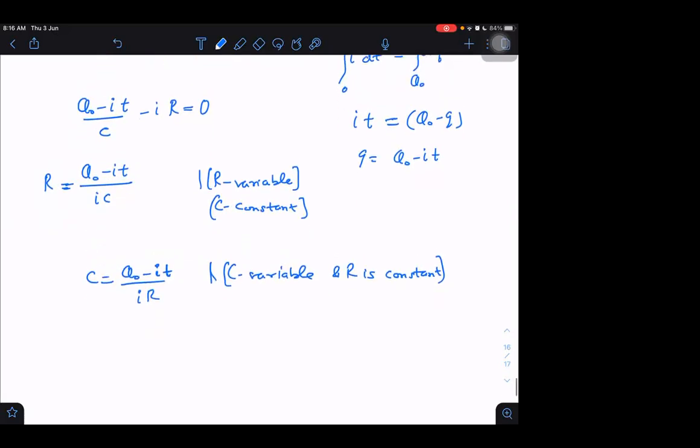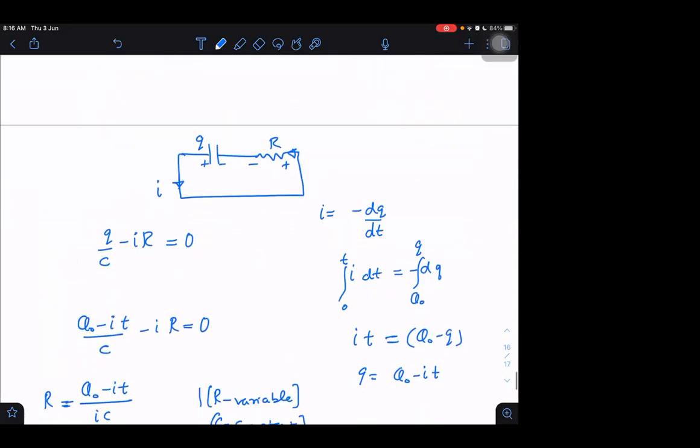What would be the value of this I? In fact, I can write the value of I also. How can we write the value of I? I know the initial value is Q naught. So I can replace the charged capacitor by a battery. This is R. This value is Q naught by C. Then what will be the current? Will it be Q naught by RC or not? Q naught by C is the potential difference across this. Same potential difference across resistance. So Q naught by C divided by R will be the current.